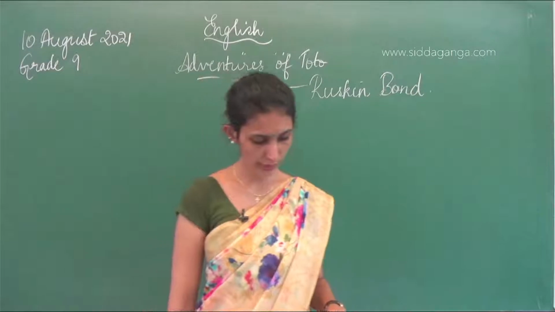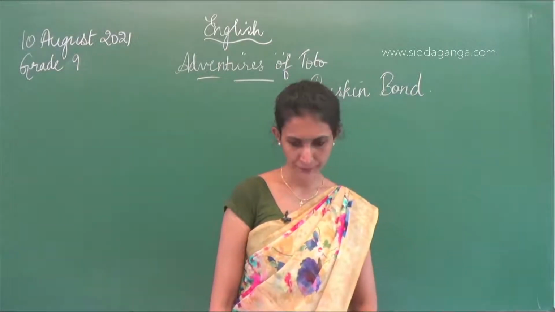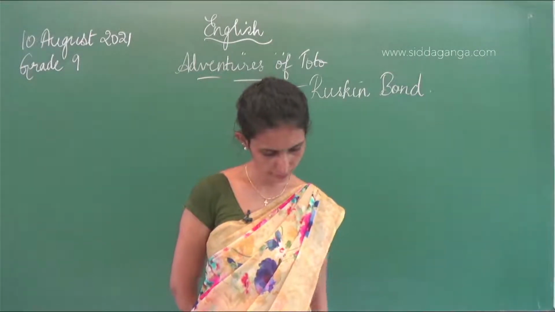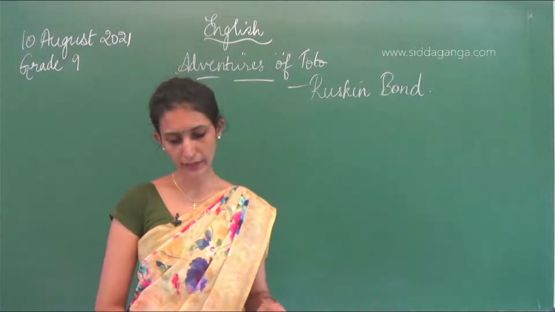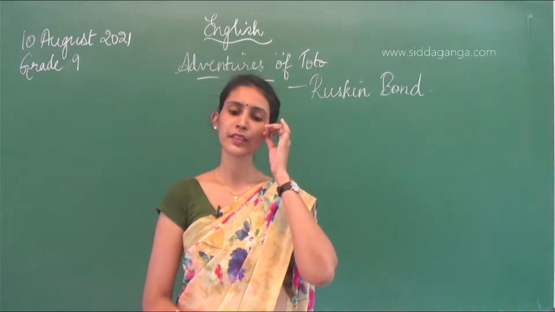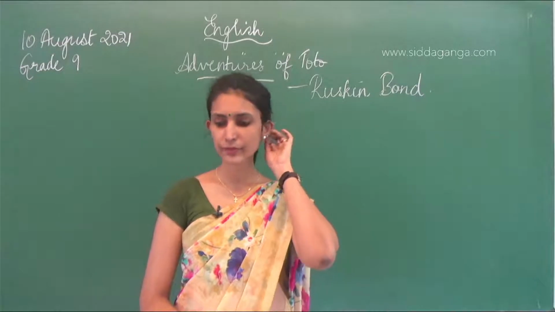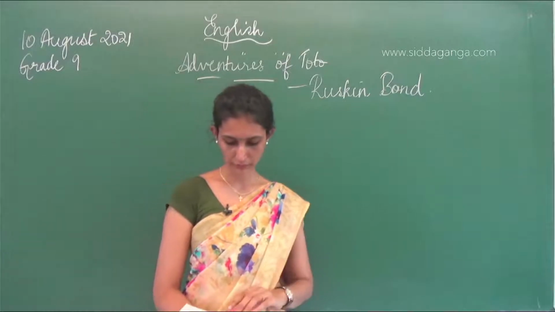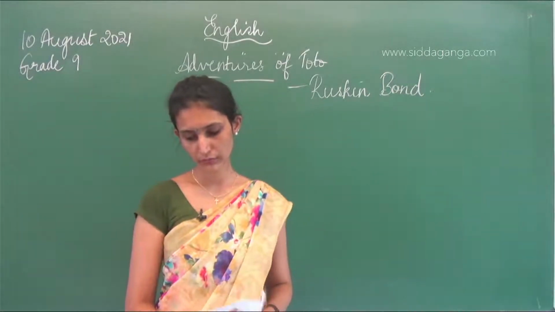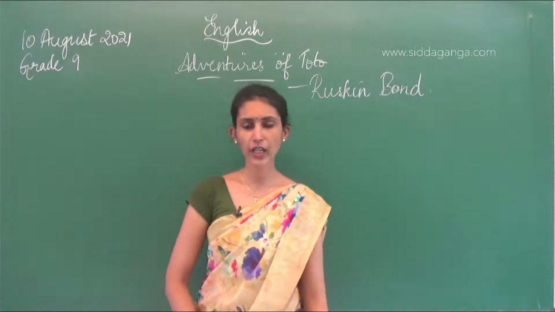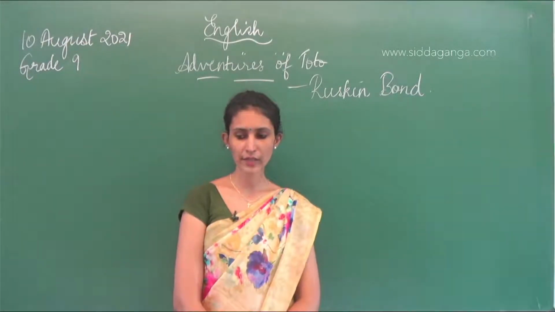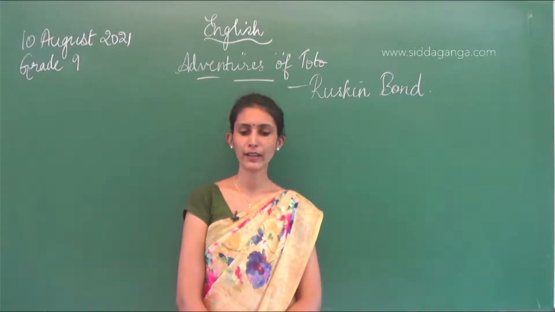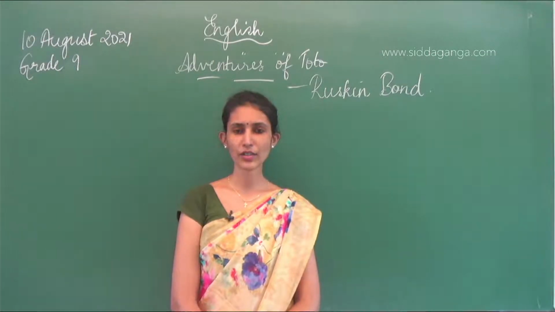Move to page number 9, students. We stopped at the railway station, Saharanpur, where the grandfather had taken the monkey and gone. What is the name of the young baby monkey? Now we have reached Saharanpur. Why Saharanpur? We have gone with the grandfather to collect pension. What is the name of the monkey? Toto, right. Toto is the name of the monkey.